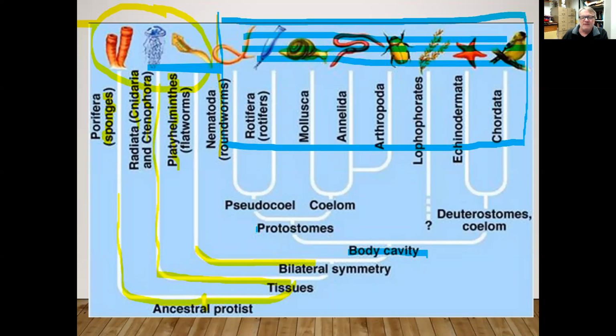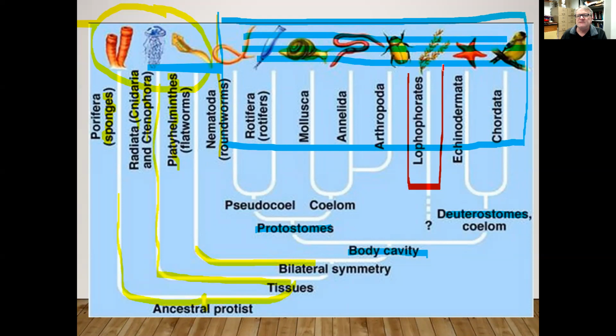And of course, we have the difference in protostomes and deuterostomes. And remember, the distinction there was we have two openings. We have a mouth and we have an anus. It's just which one develops first. So all of that seems to make sense evolutionarily. But let me bring your attention to one of these,